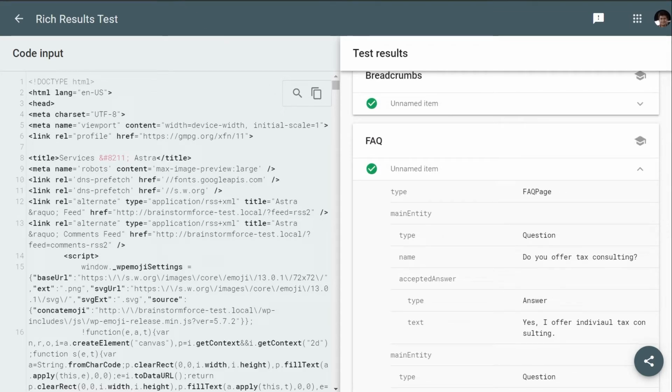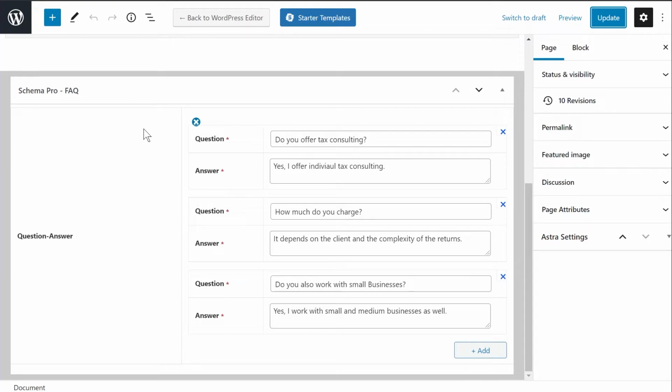Now, coming back to Schema Pro in particular, as I mentioned, this method might or might not be the best method for you depending on what you're trying to do. If you're just trying to add schema to just one page on your site, then I'd say both UAE or UABB or even Schema Pro might not be the best solution for you. But usually if you're adding schema to one page, then you will need to add schema to multiple pages eventually, today or maybe tomorrow. Then why not invest in a solution that you can use for the long term? So that's why I have recommended both these methods to you.